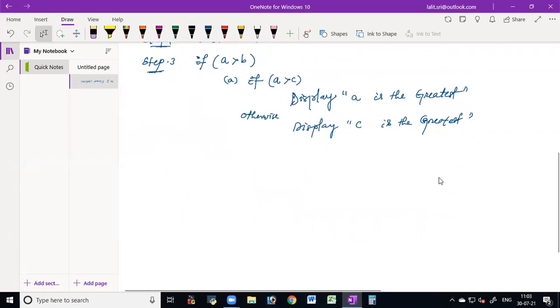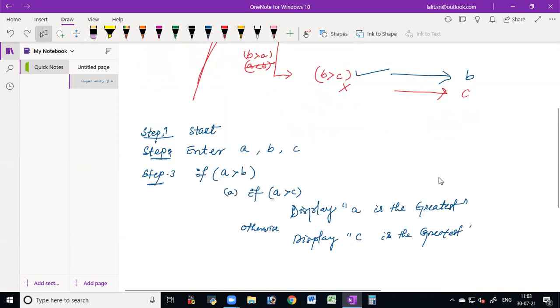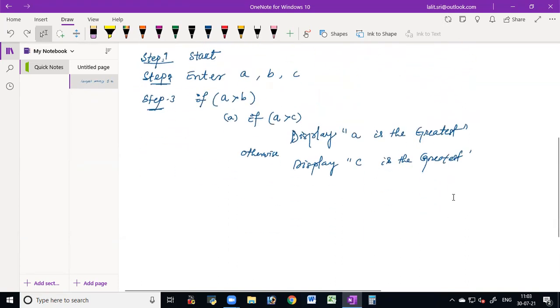Here this if becomes completed and if. Otherwise, don't write this end if here, because this if has not been ended. So otherwise,